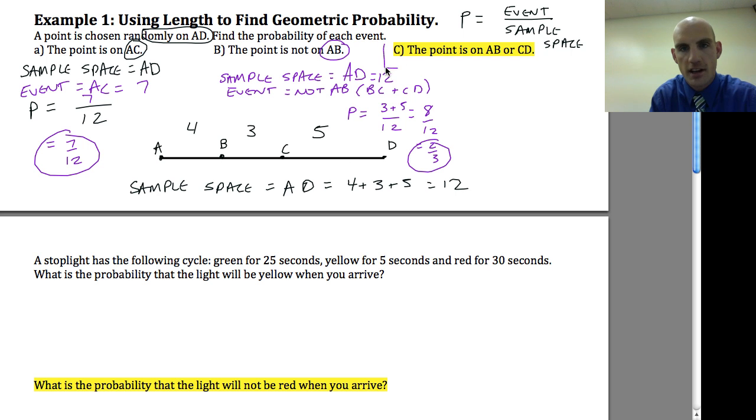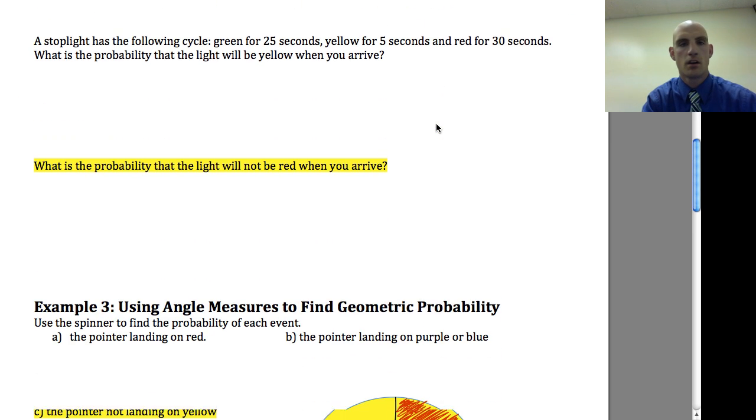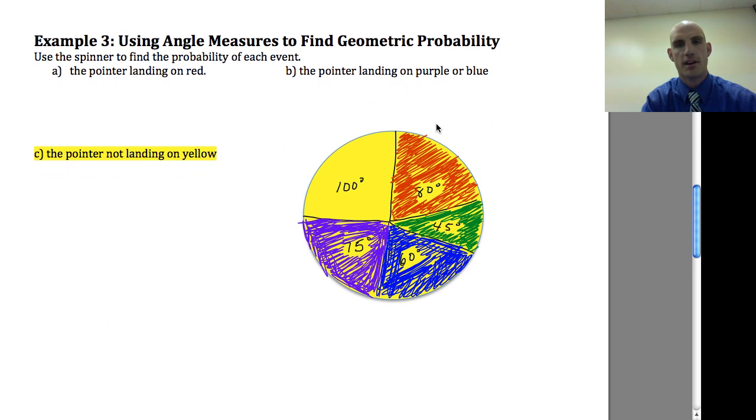See if you can do this example C on your own. We'll talk about it in class. I'll give you a hint. You might be using 2 fractions for this one. Okay? Let's skip all the way down to example 3 here and look at